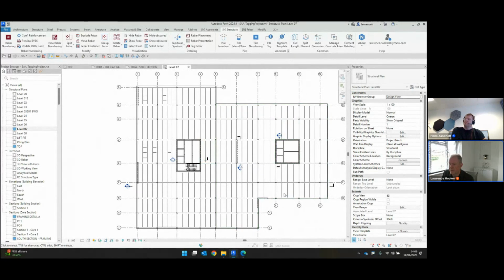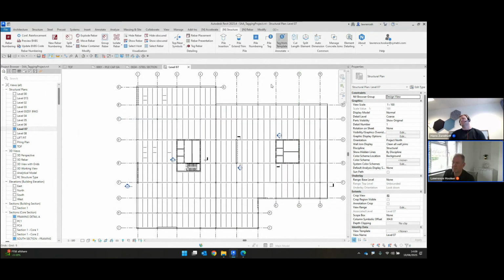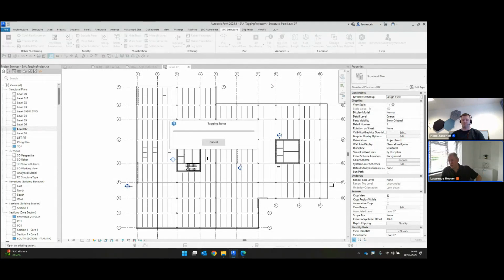We'll now allow Naviate with the tag from template to actually tag the columns and the framing plan all in one go. So we can select as many of these as we want. And again, we can run the tool. So this time, of course, it's going to go around and do all of the framing and all of the